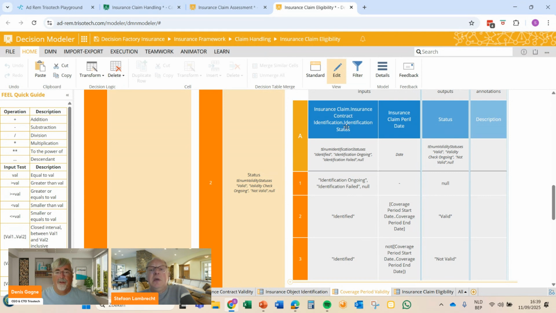For instance, here, if we have a contract that we could identify, then we have two possibilities.